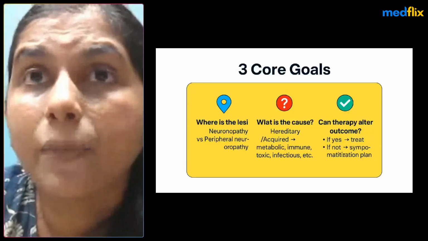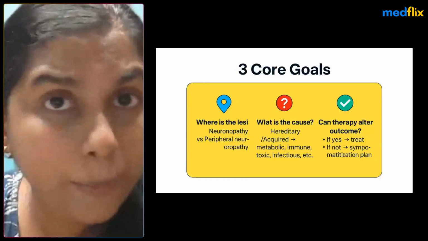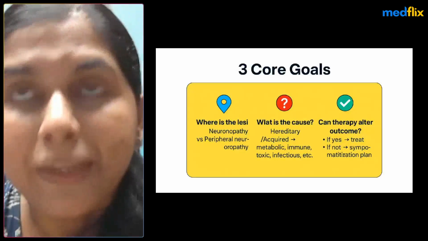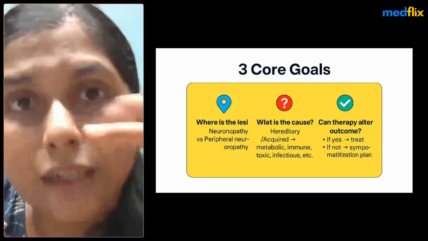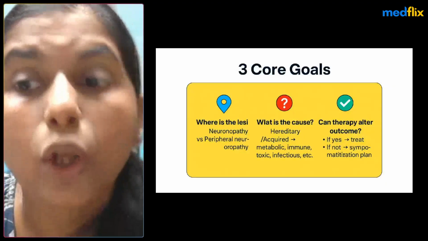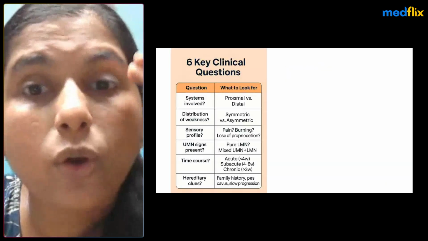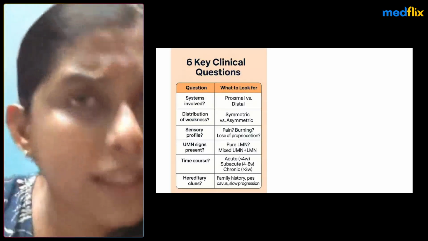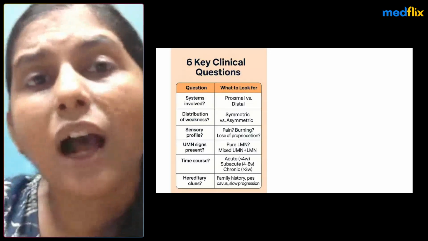So if you have a patient with idiopathic neuropathy, you may have even done a biopsy and there is no evidence of inflammation, it does not make any logical sense to add the patient on immunomodulation, add the patient on steroids. So is our therapy going to cause any help or do more harm than good? Once we have fulfilled these goals, we have to answer 6